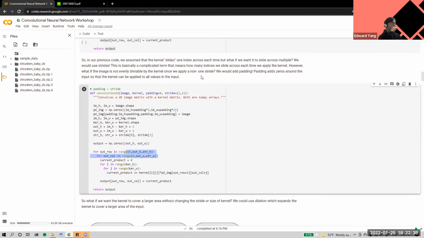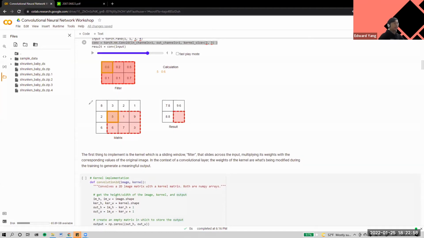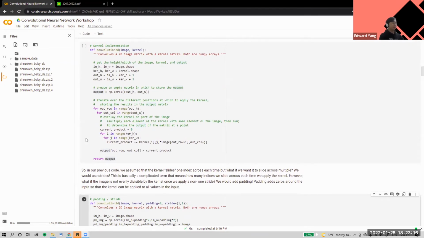However, we also have to ask ourselves, with a non-1 stride, like 2 or 3, there could be some elements in the image not having the kernel applied to them. To handle this problem, we introduce the idea of padding. Effectively, instead of just treating the input as is, we add zeros around the input. By doing this, the kernel is able to apply to each individual element more effectively. The TLDR is that striding lets us iterate faster through the whole input, while also